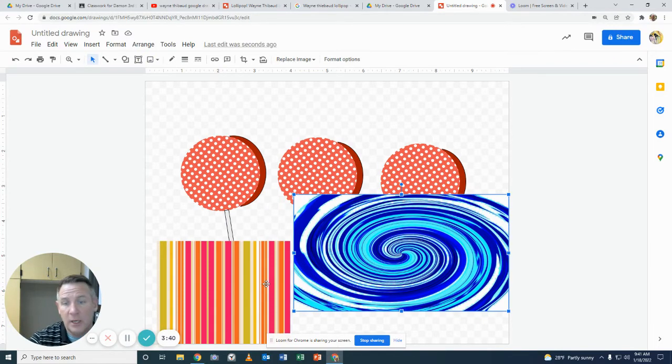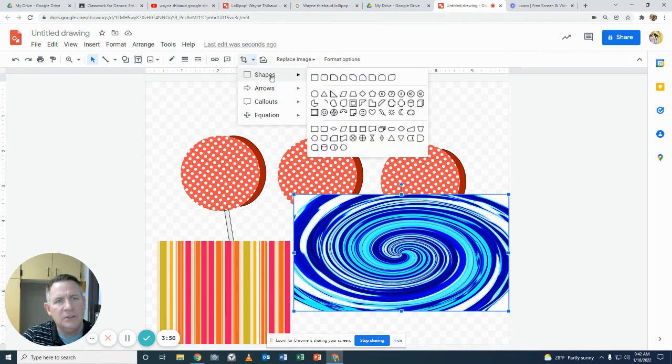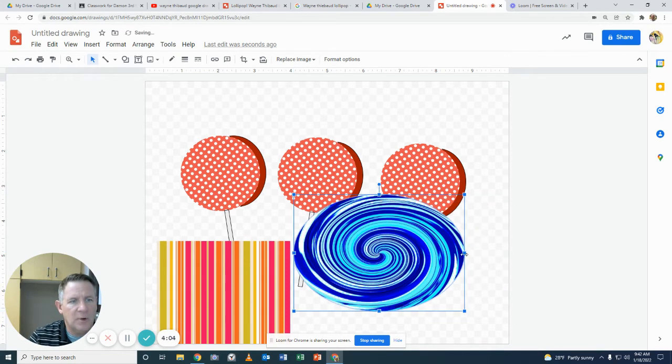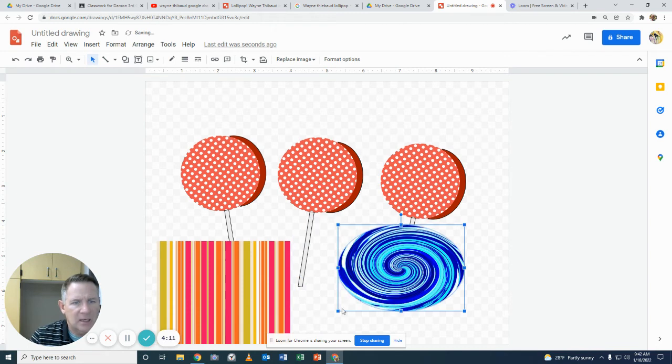Okay, now I've imported 2 different patterns from the web. I have the stripes and I have the swirl, but they're not the right shape yet, are they? So the swirl is highlighted, so I'm going to go to this tool right here and click the drop down, shapes, circle, and that cropped it into a circle shape. So I'm going to resize it by dragging the corners and the sides, and I'm trying to get it close to the shape of this